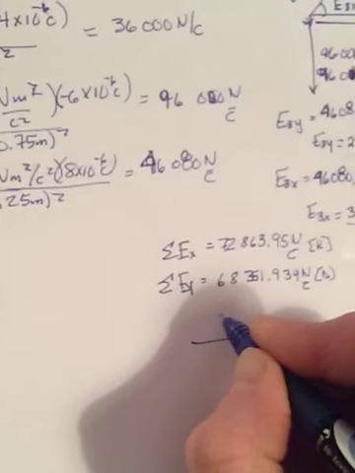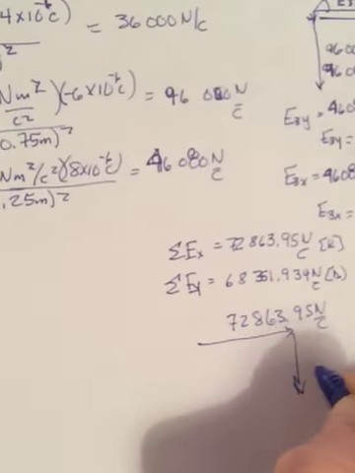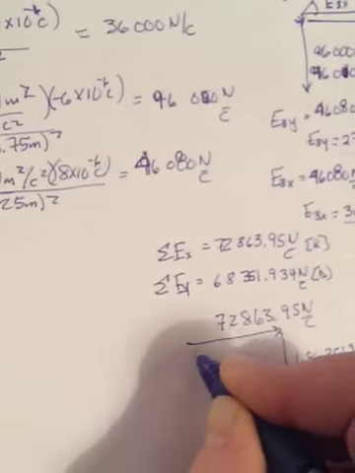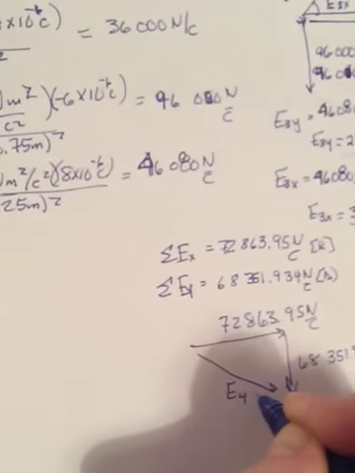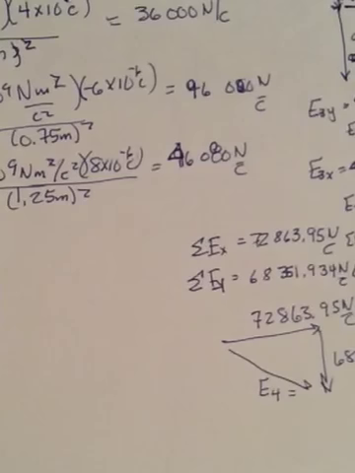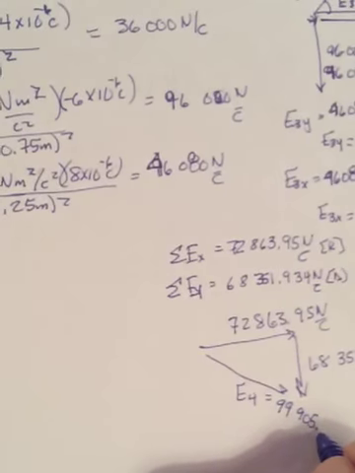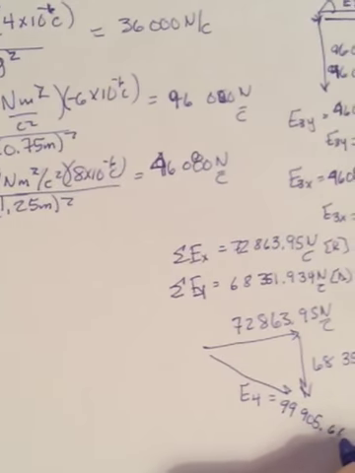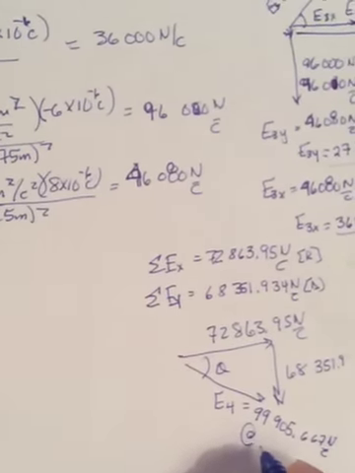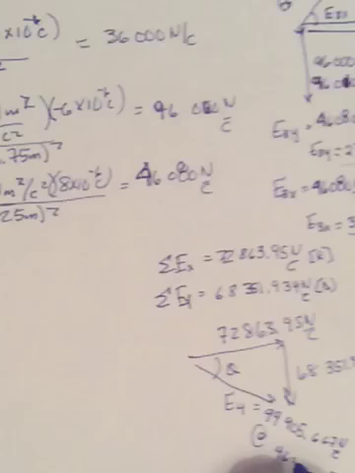And they're pretty much the same length. 72 is a little bit bigger, 3.95 newtons per coulomb, and this one's 68,351.9, etc. And you're going to square them, add them together, take the square root, and find the E at the fourth point, and it is 99,905.667 newtons per coulomb,